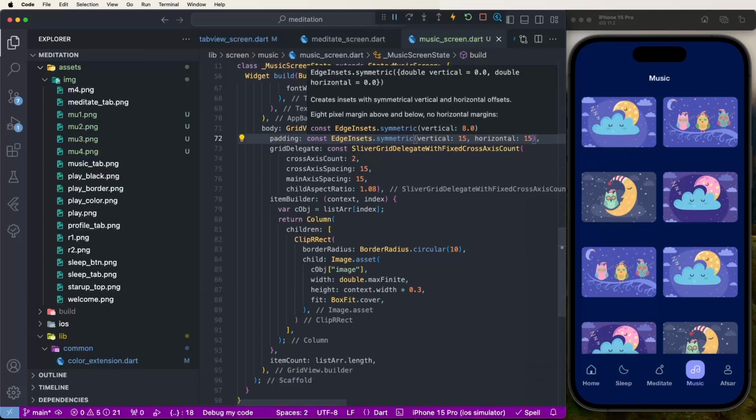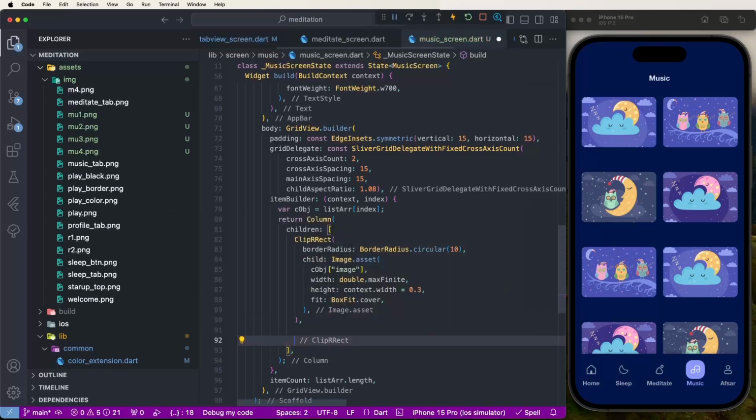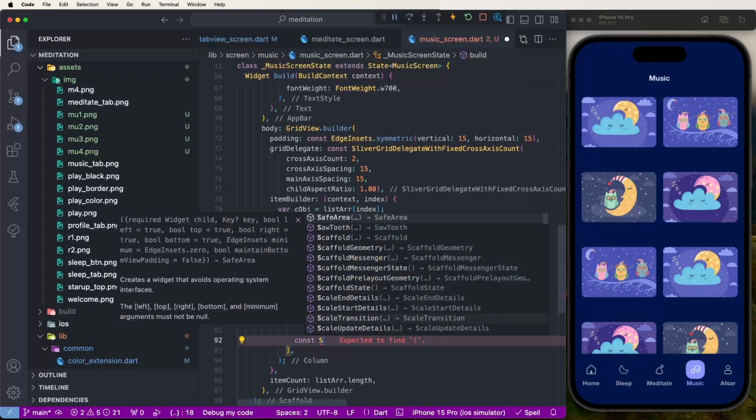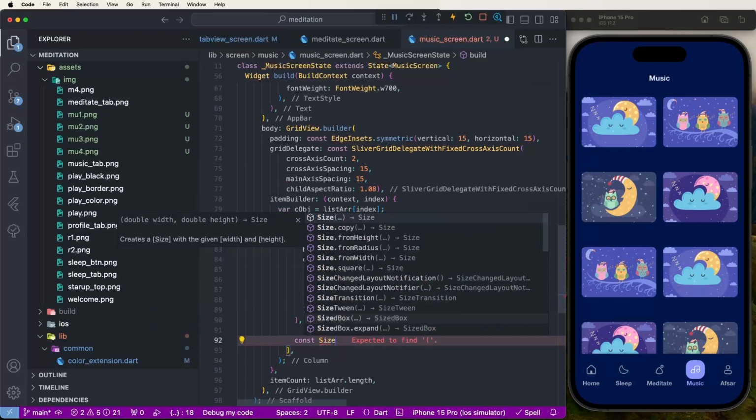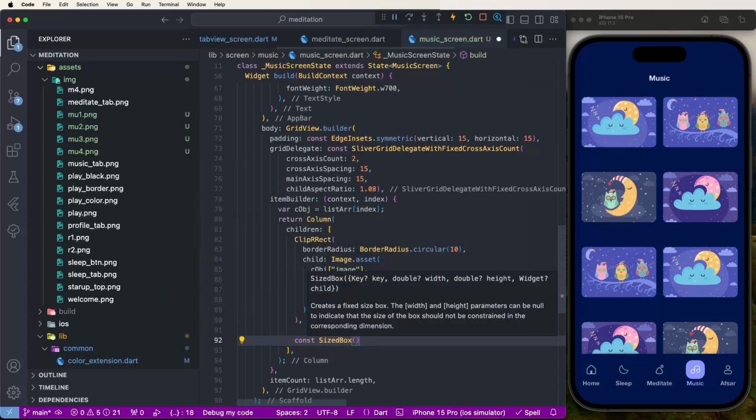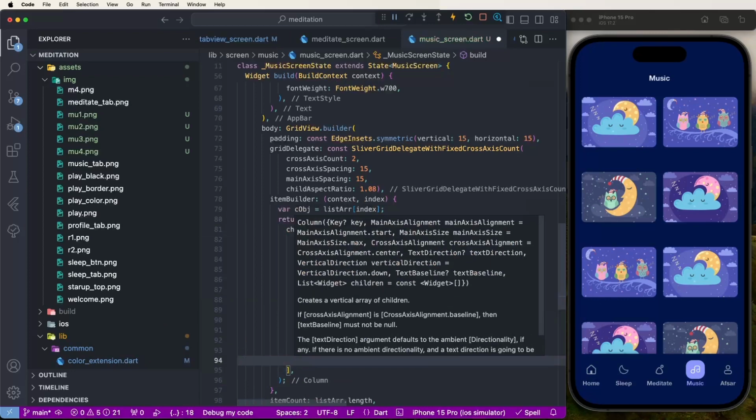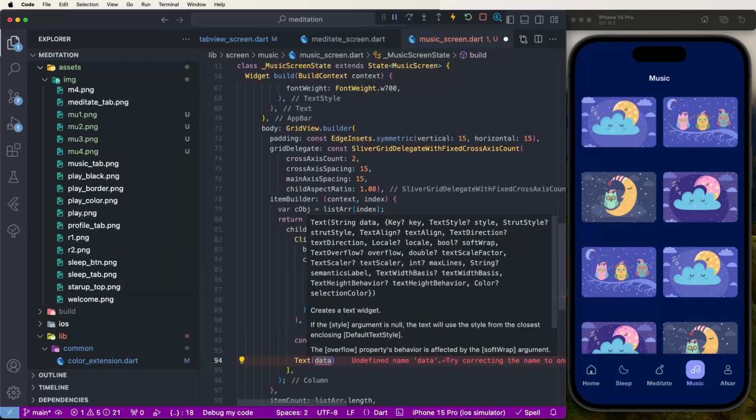text. First of all we need to give some height space, we need a const SizedBox, and give the height as 8 like this. And now we need to set the text, and we need to set the C object's title like this. Now we need to set the maximum lines as 1, and